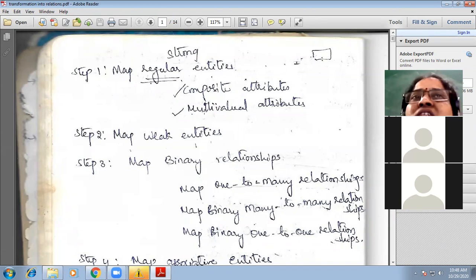I explained all the things about this on the Tuesday class. So here we have to map an ER model, or graphical format, into relational model. In DBMS, to implement this relational model we will use some software. Here we are using Oracle software. So what I am doing here, I am using some software.